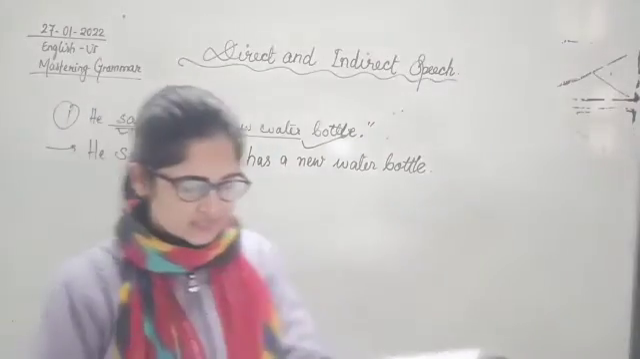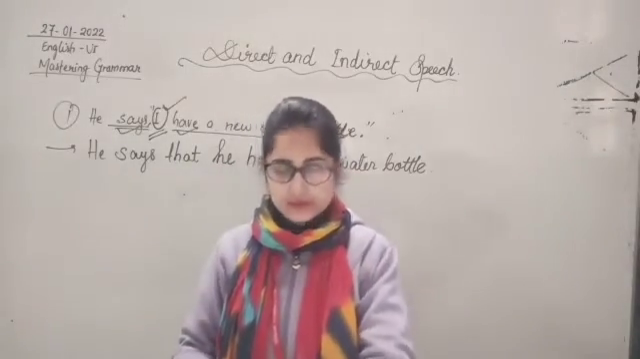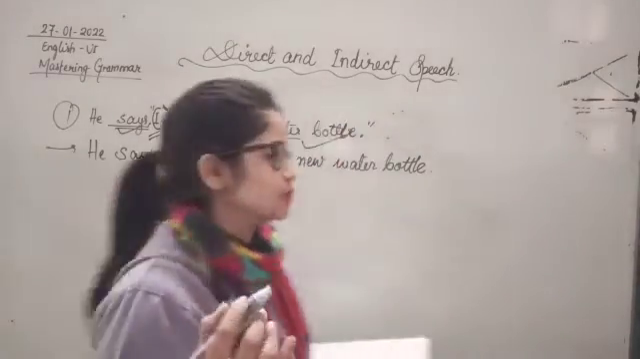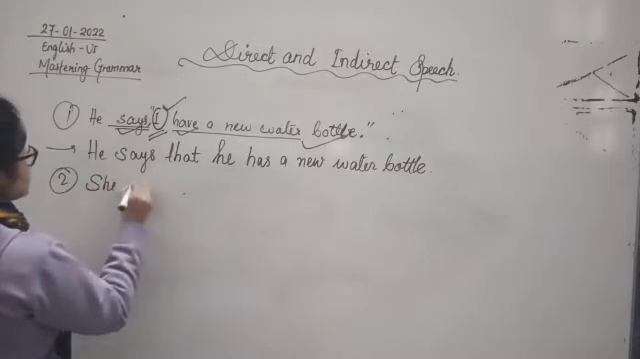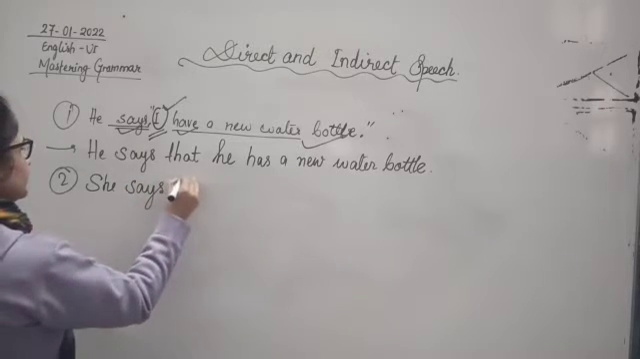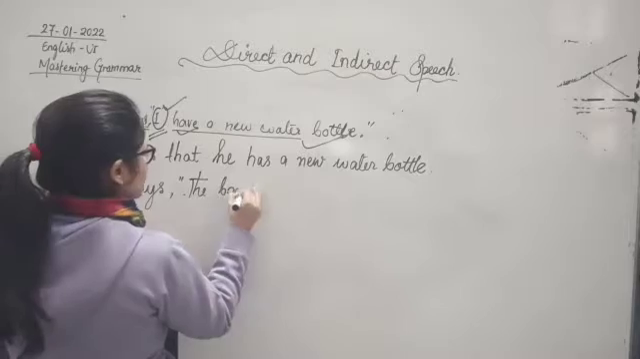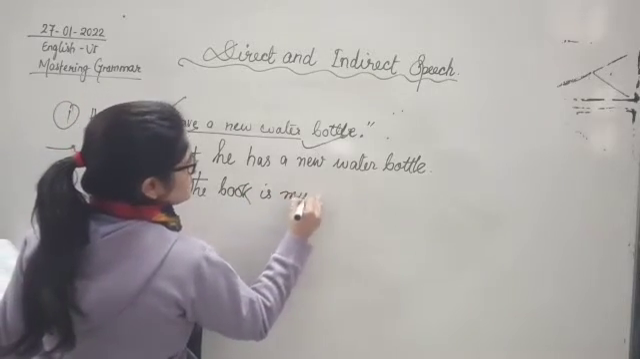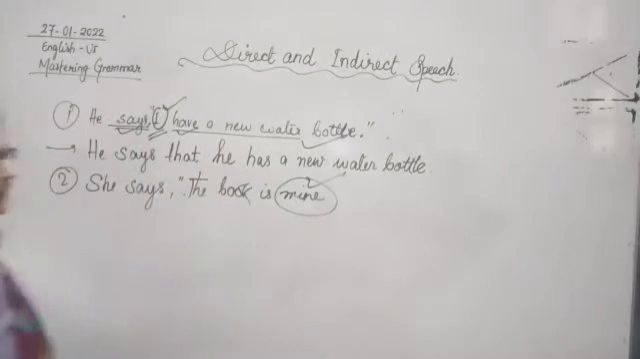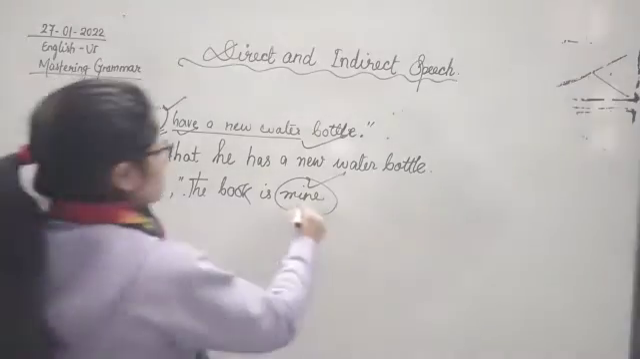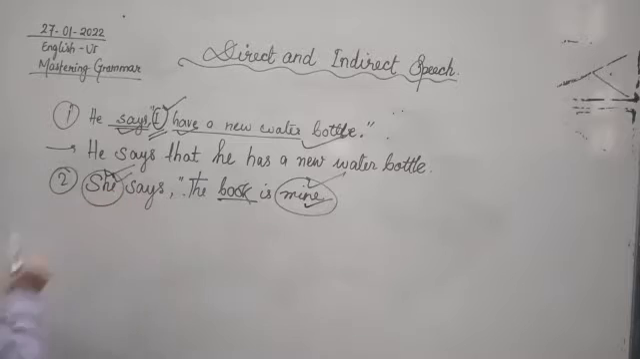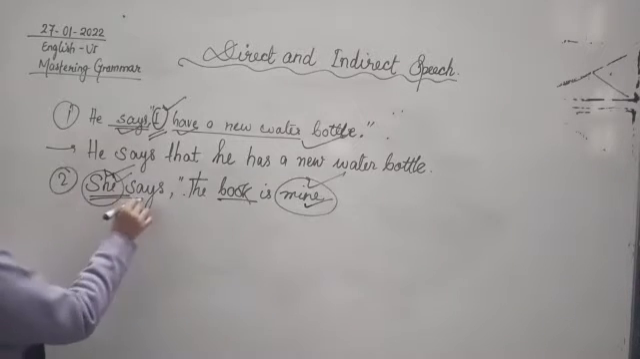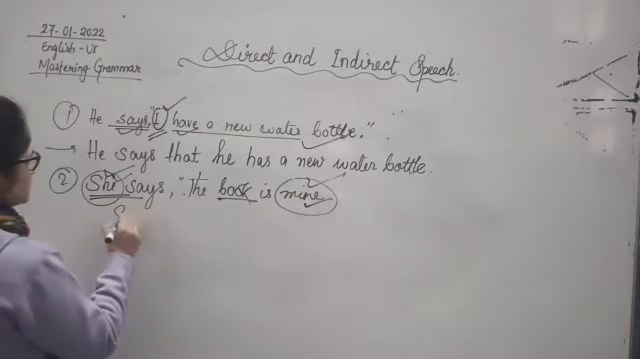Now, she says the book is mine. If I'm talking about possessive pronouns, so if I say she says the book is mine, you have to focus on this possessive pronoun. Possessive pronouns show possessions. So this mine means the book belongs to her, and because she is female, we know. So here, she says